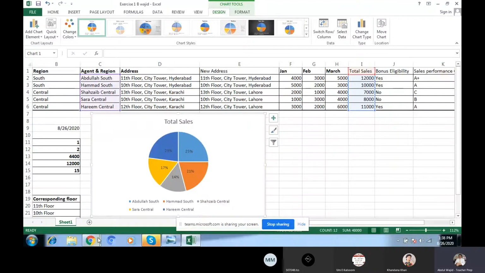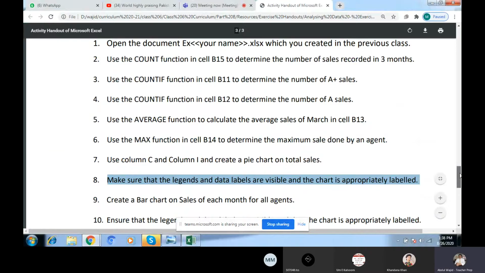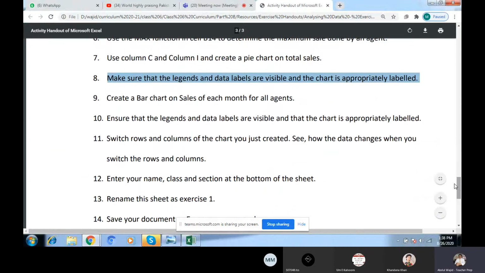Now we will go again to instruction number 9. Now create a bar chart on sales of each month for all agents. Okay, each month sale is there. We will select this one and create a bar chart.